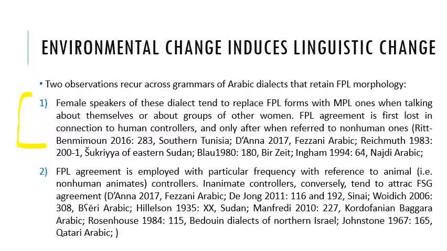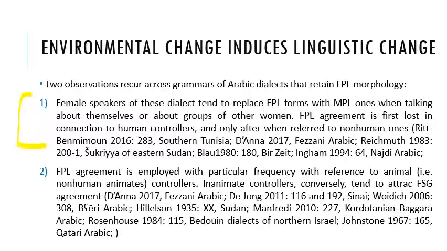It is perhaps possible that women were not so happy to find themselves in the same agreement category as animals and objects. So in other words, the question here is, are there social-linguistic motivations behind the specific innovation? I think this is an interesting question, but of course one that we will have to explore another time. So from what we have seen so far, it would seem that dialects tend to go through a phase in which masculine plural agreement is reserved for human controllers, all human controllers, while feminine plural agreement becomes restricted or mostly